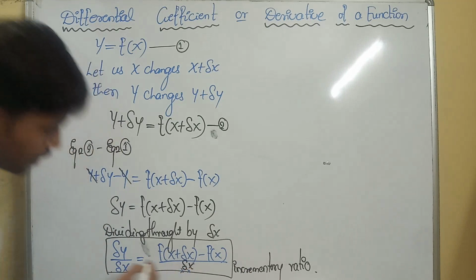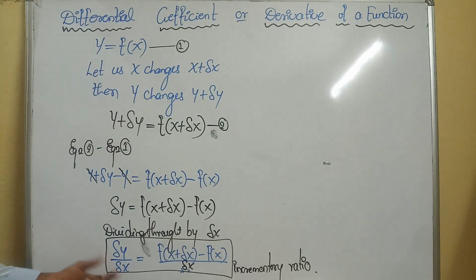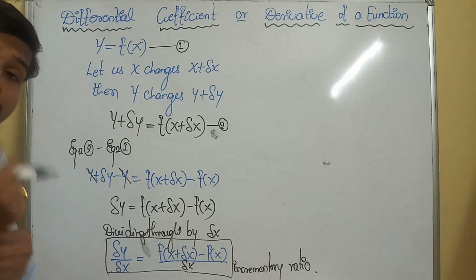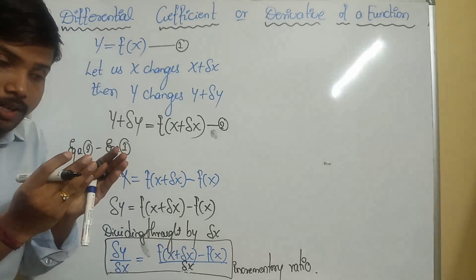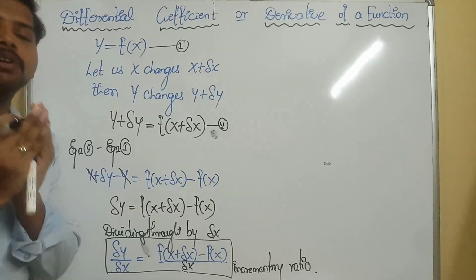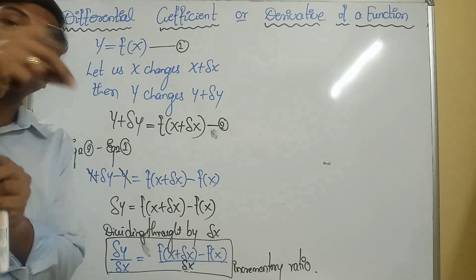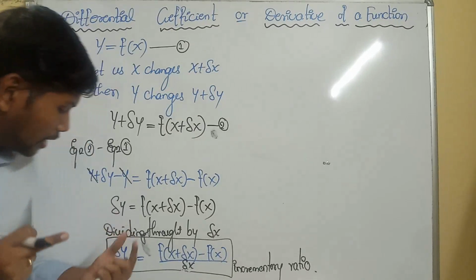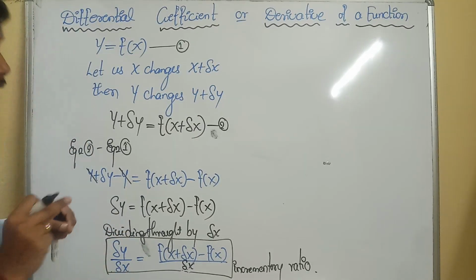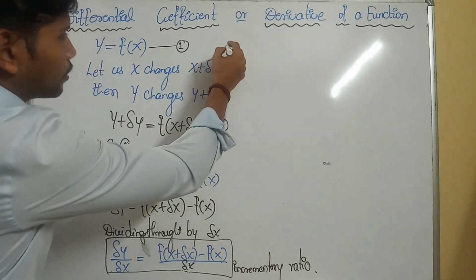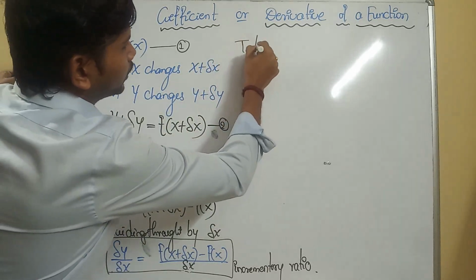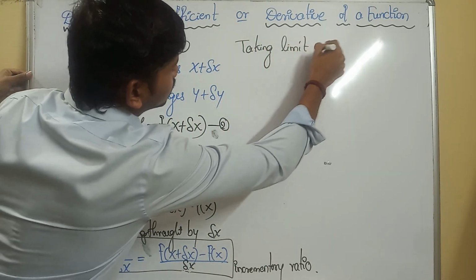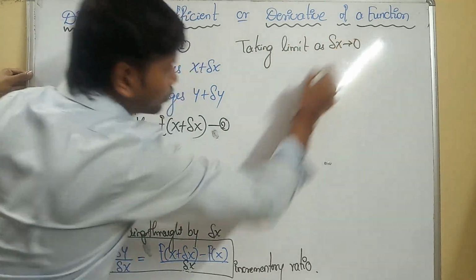Now, after this, see particularly here, delta x is very small. How small is it? Between 2 points there is a very small distance. The distance is tending towards 0, means a limiting factor will be there between those 2 points. Like that, delta x is very small. That's why we are going to take the limit as delta x tends to 0 on both sides.